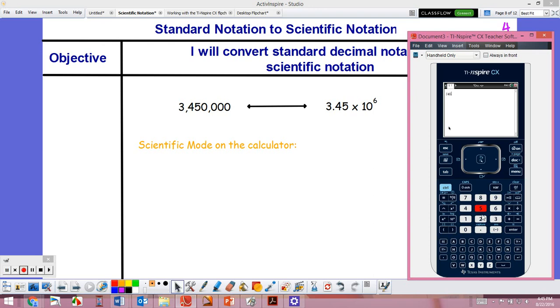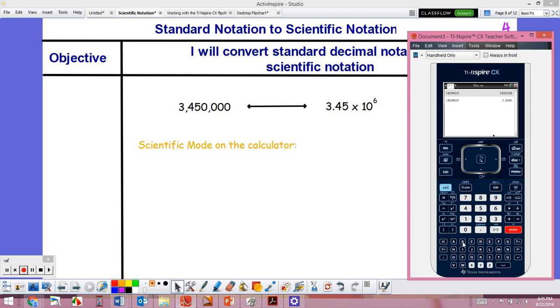So I'm going to show you, I'm going to type this in, 1, 2, 3, and then when I hit enter, it's supposed to give me scientific notation, but for this one it did not. And that's because you have to have your decimal point typed in. If you try to do it without your decimal point, it's not going to work. So I typed in the number, I'm going to push this decimal point right here at the end, and then when I hit enter, it's going to give me this